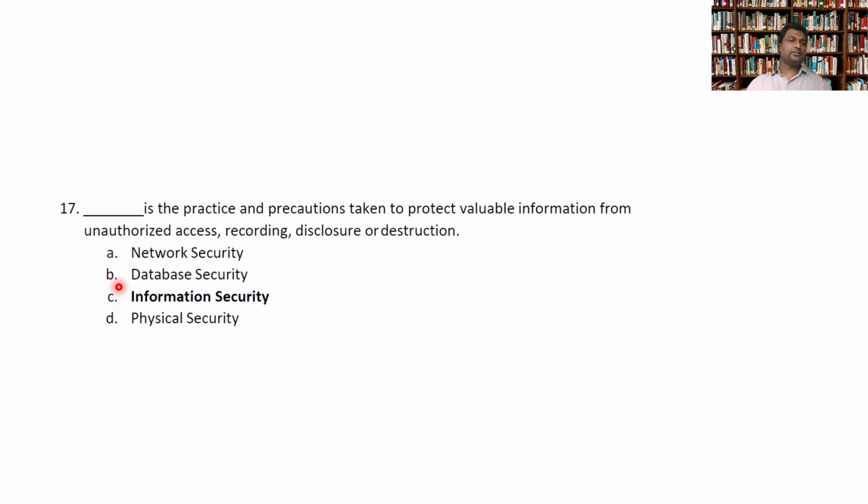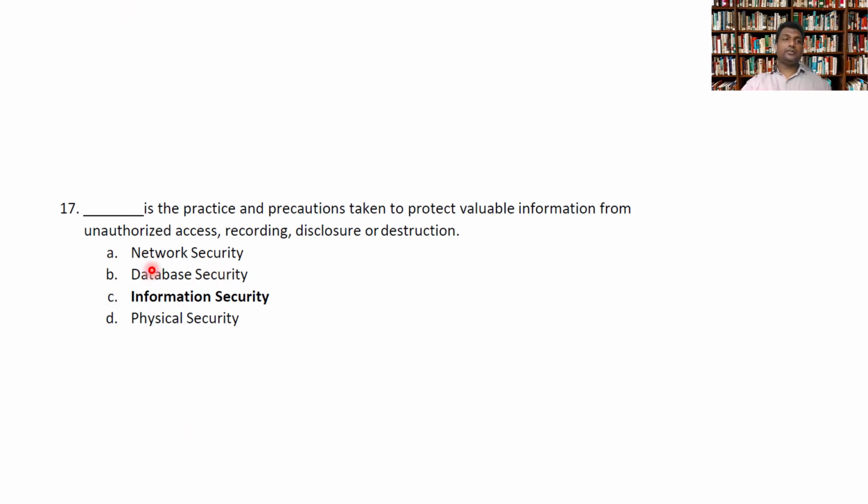For example, let's say you go to an ATM to withdraw money and the bank's database is not working, someone has attacked the database, now the database is not available, so all the ATMs in the country are not working at the moment, people can't take money out of it. So from that also you have to protect the database. So the database should be able to provide information to the people who are supposed to get it, and it should be protected from unauthorized access or modification.